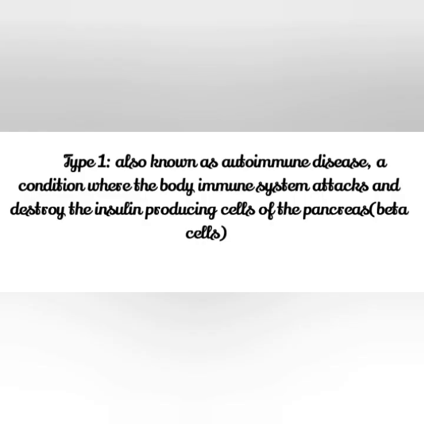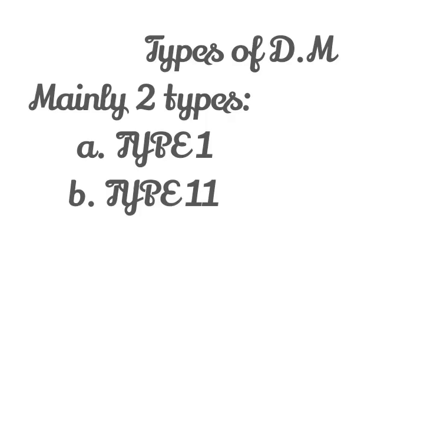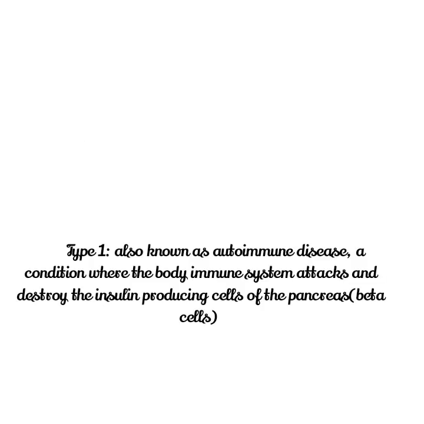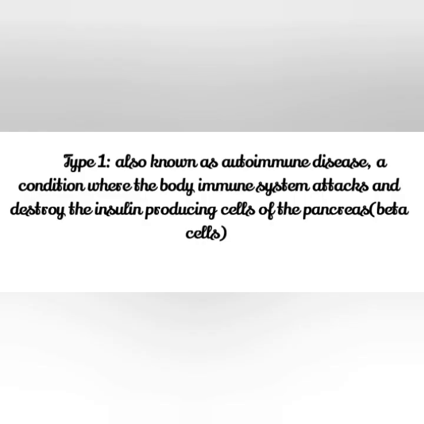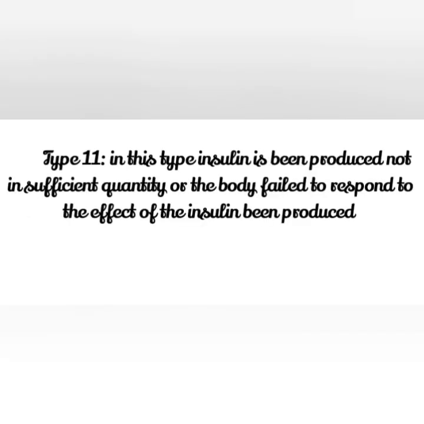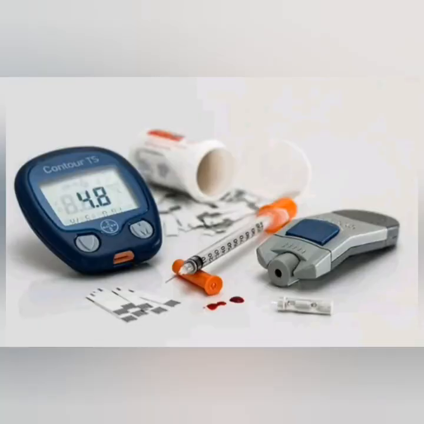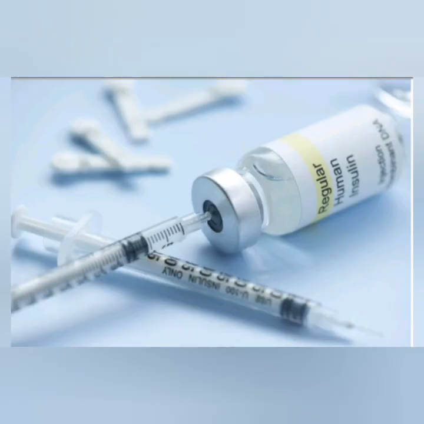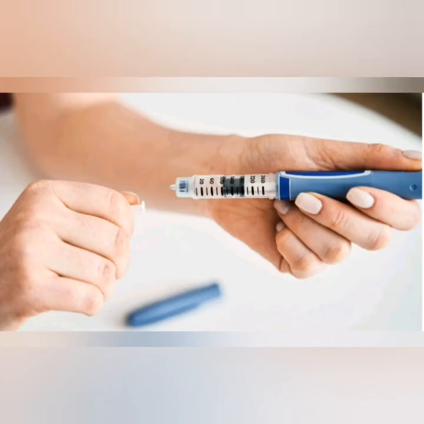There are two main ways used in the management of this disease condition. For type 1, it is insulin replacement therapy. For type 2, oral anti-hyperglycemic agents, or anti-diabetic medications, whatever you call them, are used in the management of this disease condition. In type 1, oral anti-hyperglycemic agents cannot work at all, because in this case, as we said earlier,